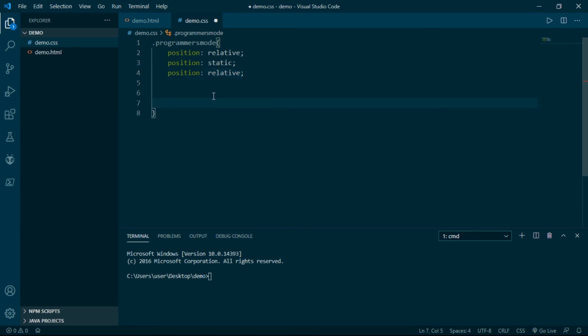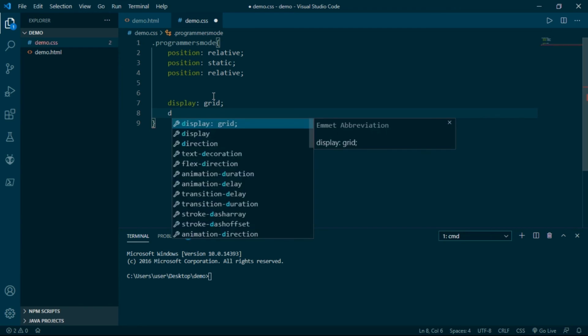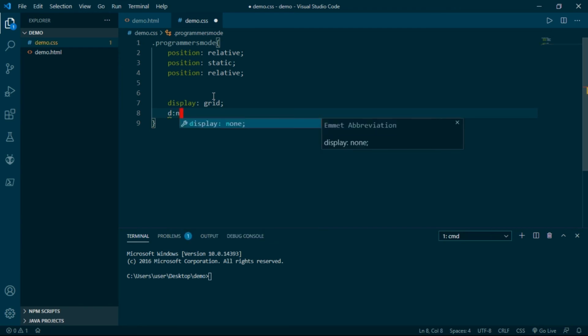Now let's play with display properties. Suppose I write here d and hit enter. So here grid is default. Suppose I have to change it to another specification. So what I have to do is simply write d:n for none and hit enter. Likewise for block we have to do d:b and hit enter.